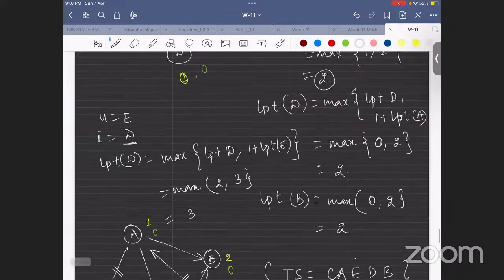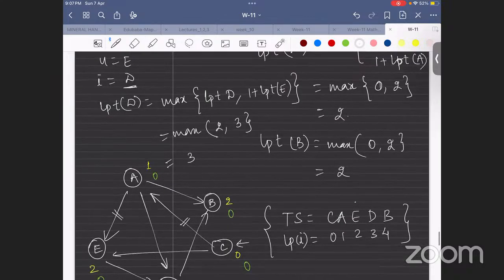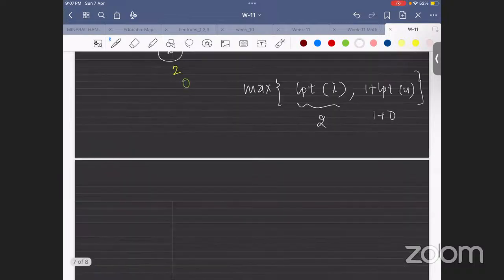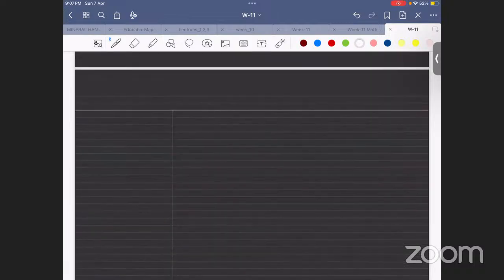Is this clear to everyone till now? Is it clear to everyone? Yes, sir. Can we move to the next topic? Can we move to the transitive closure? Yes, sir. Okay. Yeah, so the next thing is